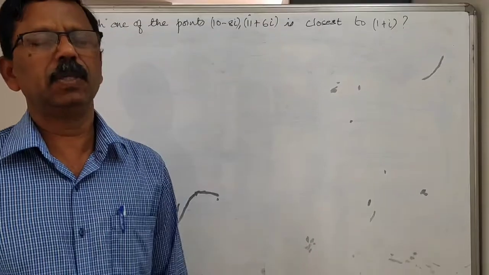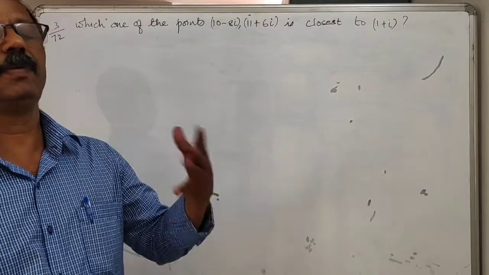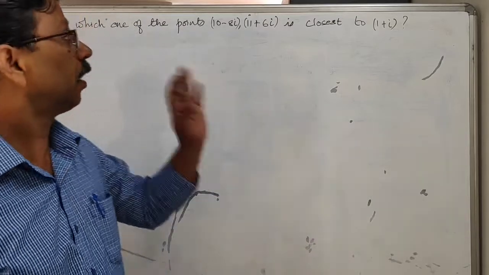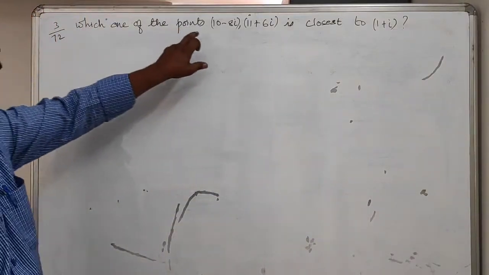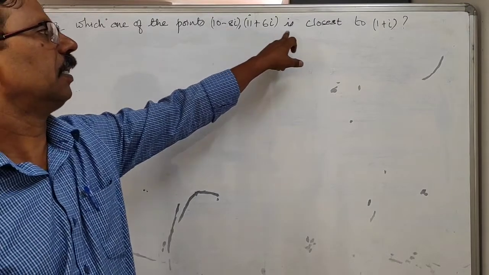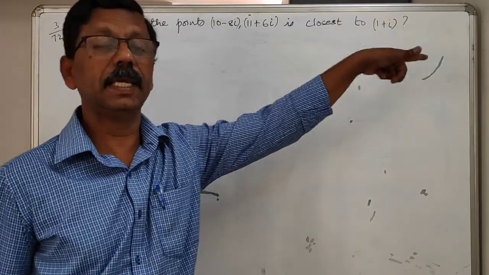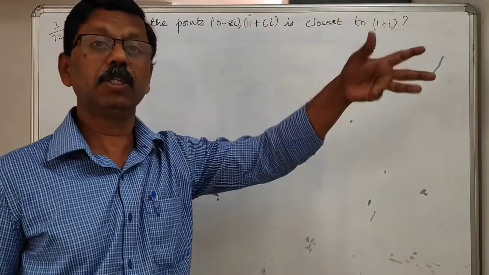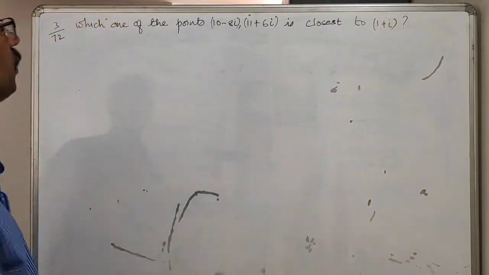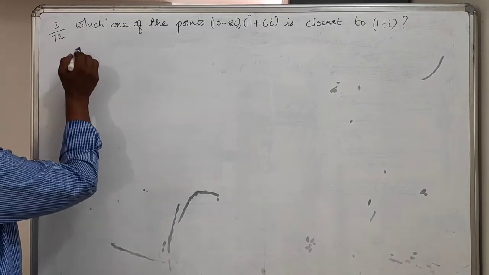Okay. Next to the previous problem, but in the previous problem they asked which is farthest from the origin, but here you are asked to find out which one of these points 10 minus 8i and 11 plus 6i is closest to 1 plus i. Instead of giving closest to origin, they are given one complex number 1 plus i. Therefore, first you can take these complex numbers as